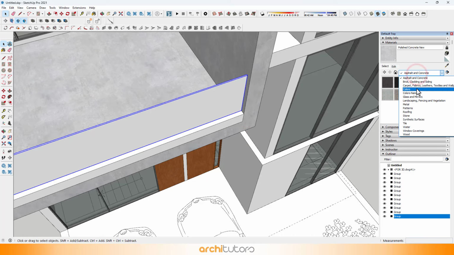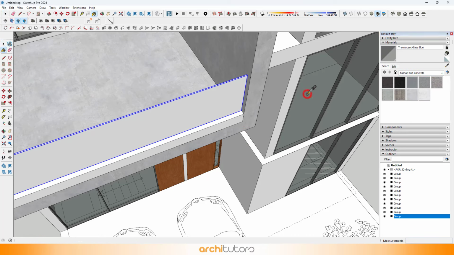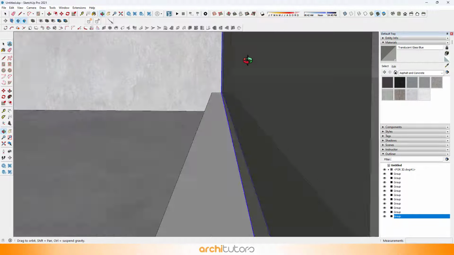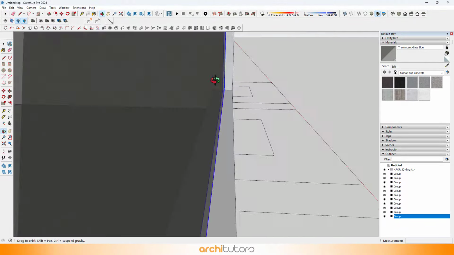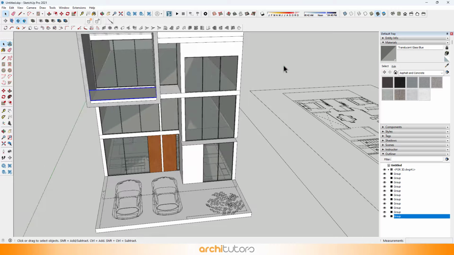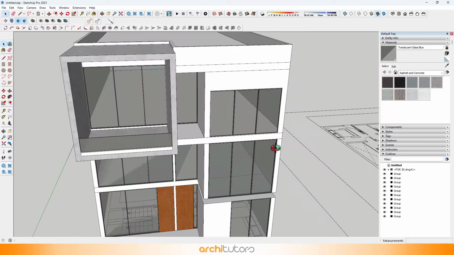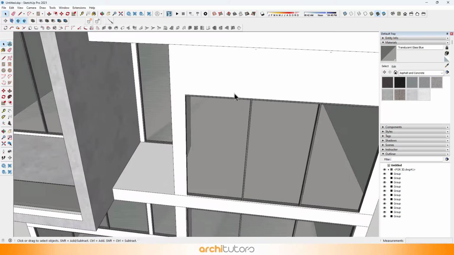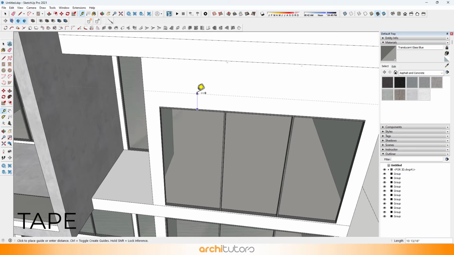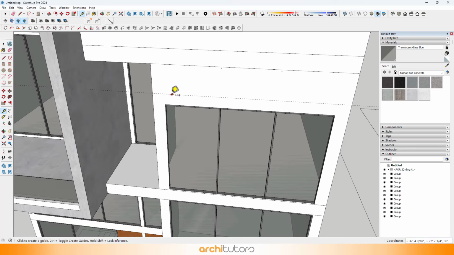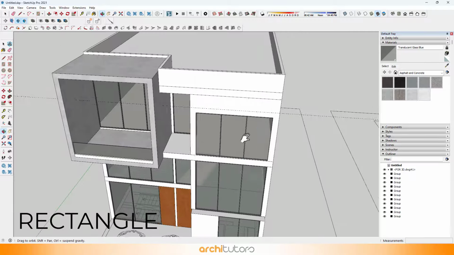Add the glass material to it. Use tape tool to create reference lines. Draw a box on this side that will be our balcony.